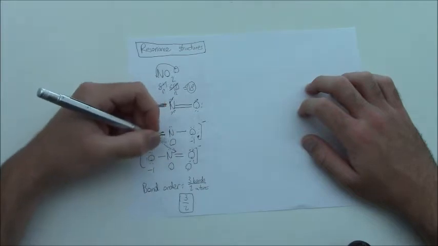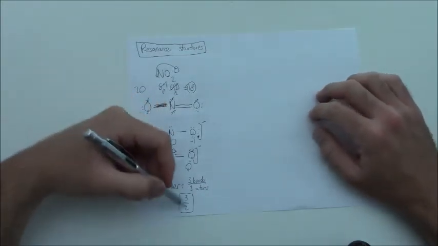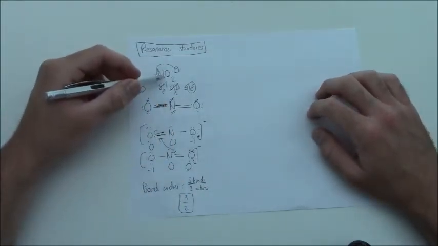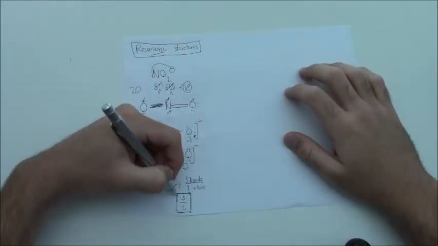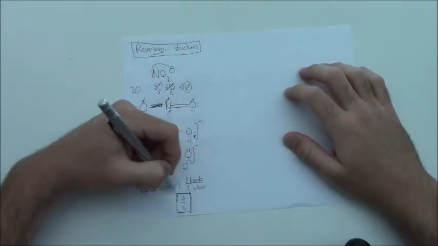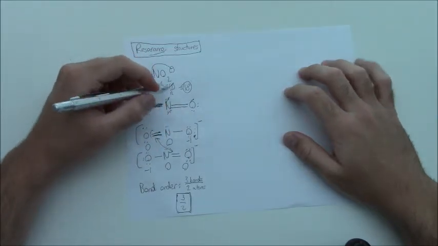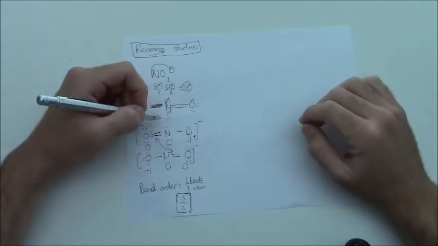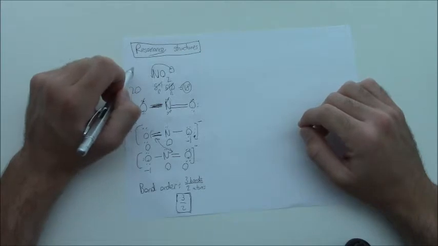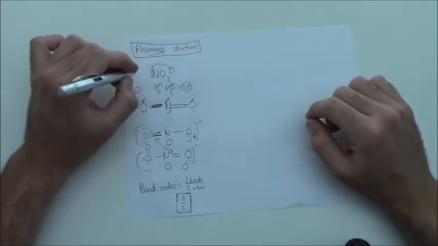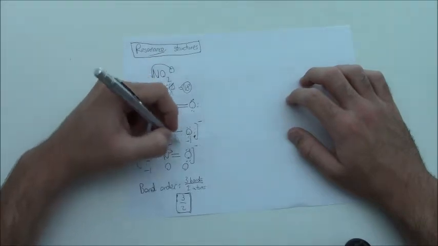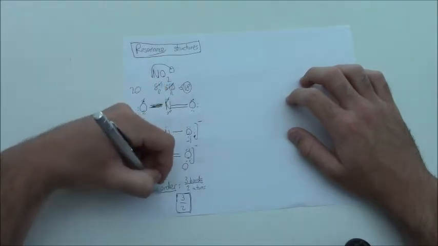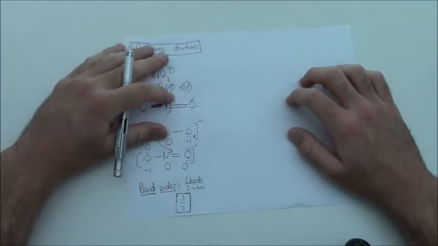Now, what does this exactly mean? This means that the actual bonds in the nitrite ion will be not single bonds, not double bonds, but rather 3/2 bonds. The length of the bonds in the nitrite ion will be directly in between single and double. This is a limitation of Lewis structures. Lewis structures can't correctly show the length of bonds in resonance structures, so we have to use bond order to